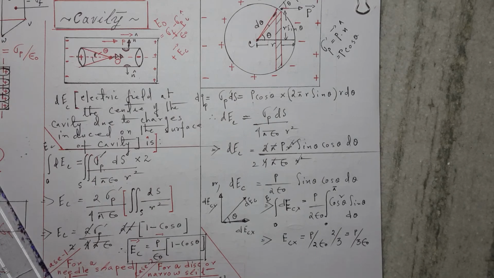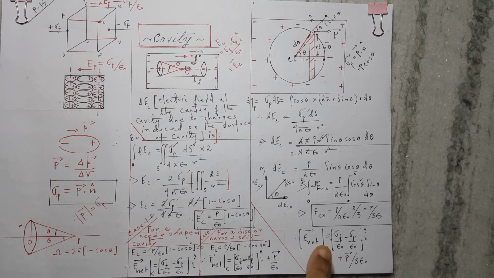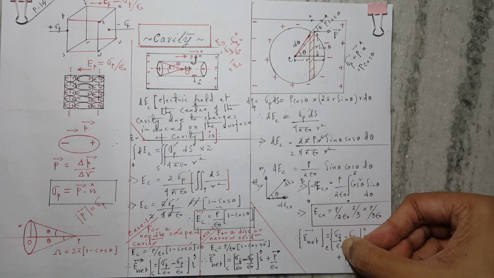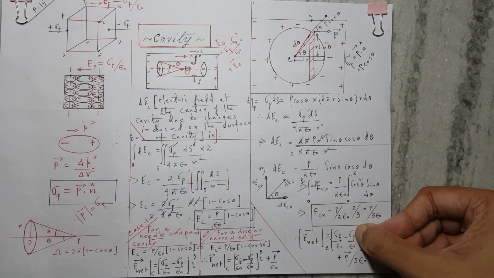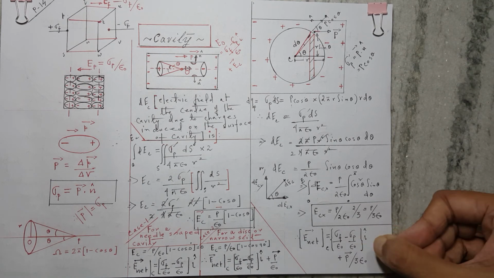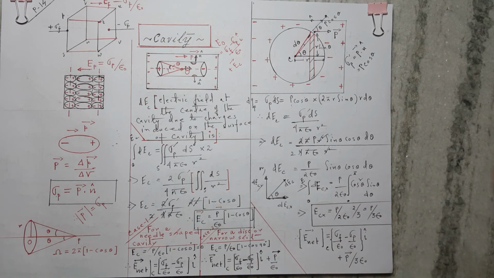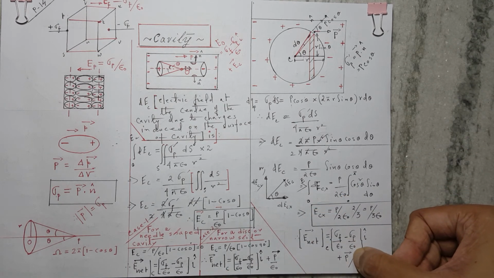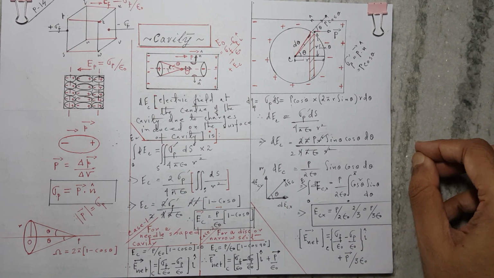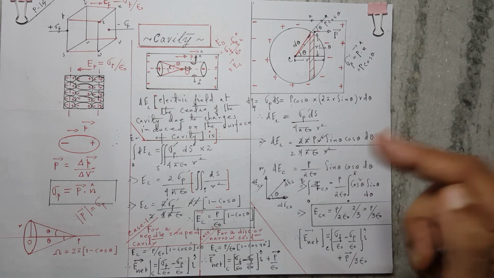Very important result. So very clearly, the net electric field at the center of this spherical cavity will be sigma F by epsilon 0 because of the surface charge density on the capacitor plates, minus sigma p by epsilon 0 because of the polarized surface charge density at the two edges of the dielectric. We have subtracted the two because they are opposing each other, plus P vector by 3 epsilon 0. This electric field is contributed because of the induced charge on the surface of the cavity.